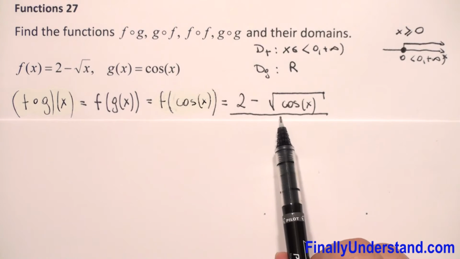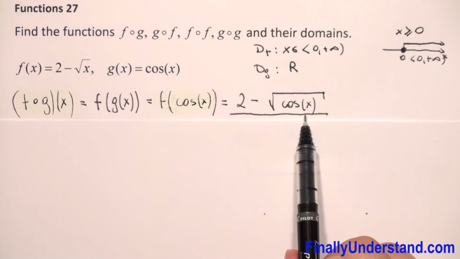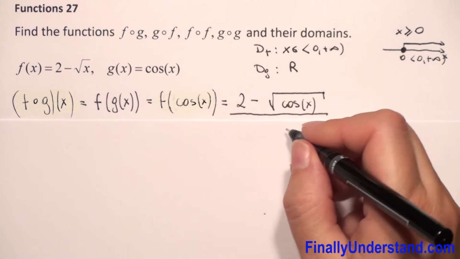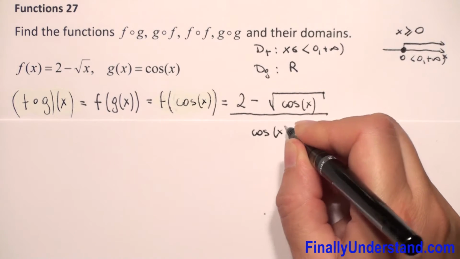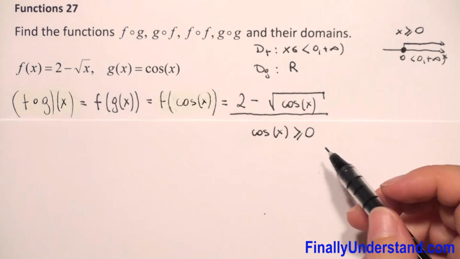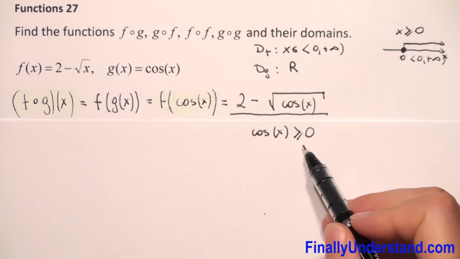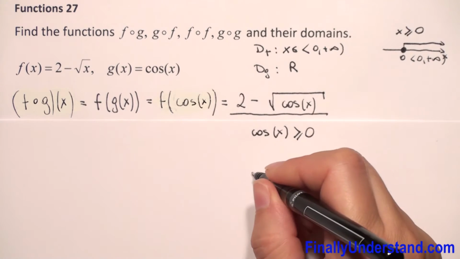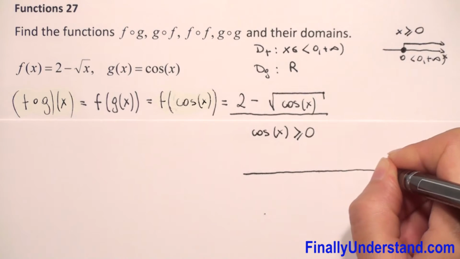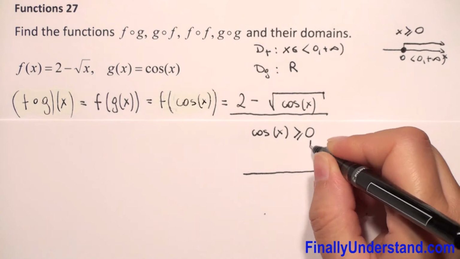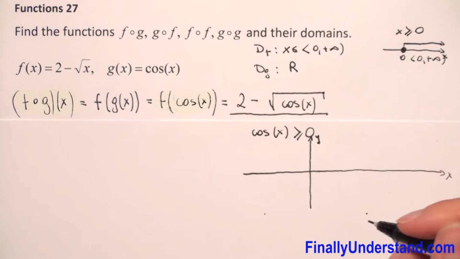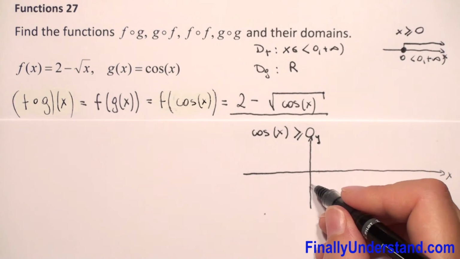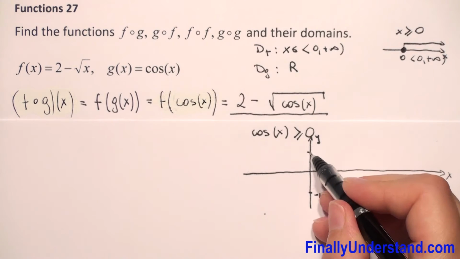We have 2 minus square root of cosine of x. Again, whatever is under the square root must be greater than or equal to 0. So we have to solve this inequality. To solve this inequality, we will draw the cosine wave. We need an x and y plane. Important point, because we know that the value of cosine is between -1 and 1,